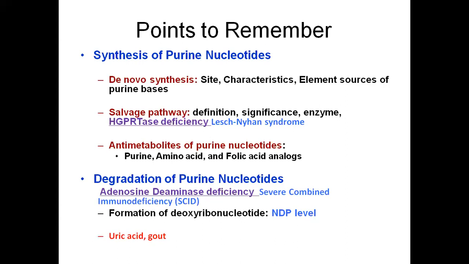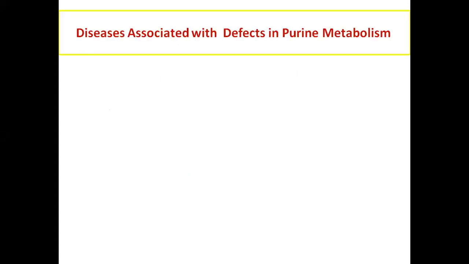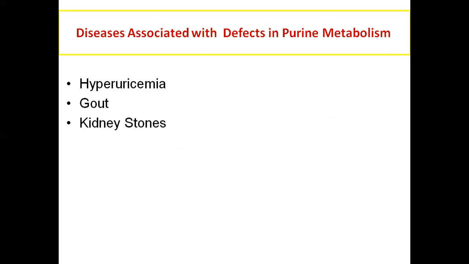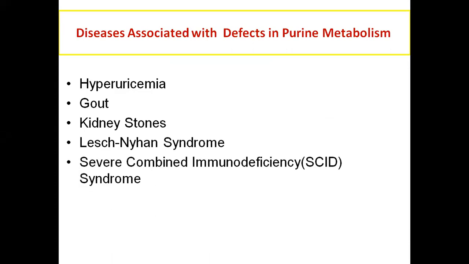Then you need to remember uric acid or gout, which is of course the disorder of xanthine oxidase deficiency, right? And these are the diseases associated with defects in purine metabolism: hyperuricemia, gout, kidney stones, Lesch-Nyhan syndrome, severe combined